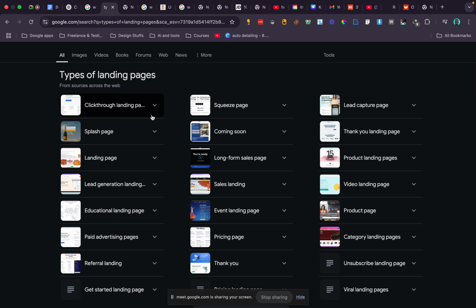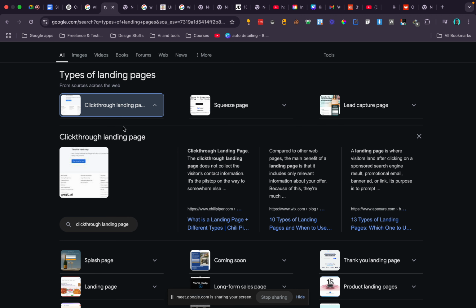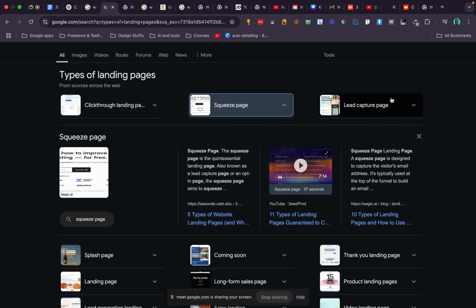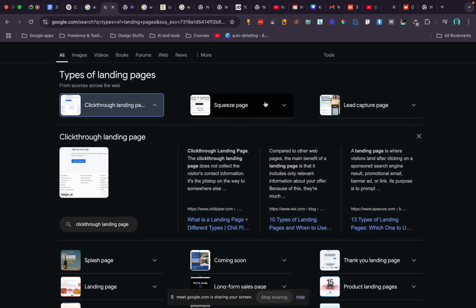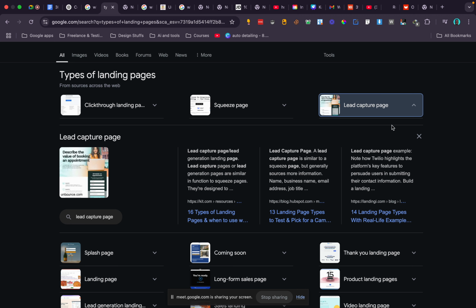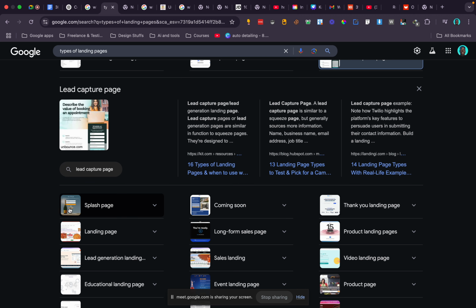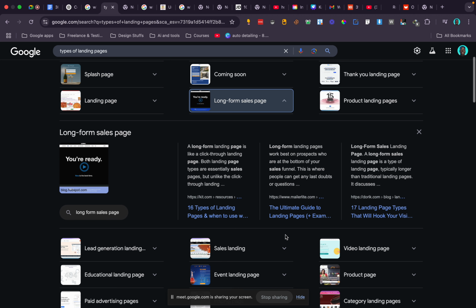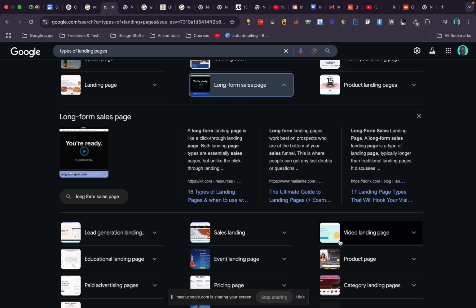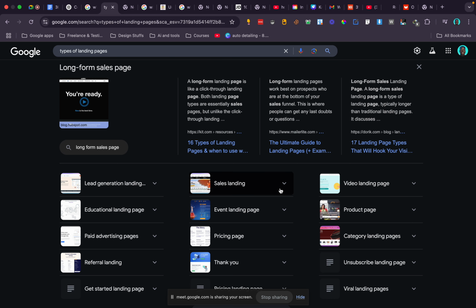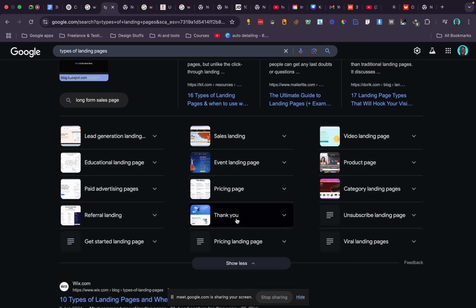You need to go through all of this, know what they are. Just go to Google on your laptop or your phone, or your tablet or iPad, whatever you prefer to use. Click on what each one is to understand what they are. The more you learn about all of this, the better it is for you, because you widen your knowledge. And when people are talking about different types of landing page, you will not be in the dark. You are well aware of the types of landing page that do exist. All right, so that's that about landing pages.